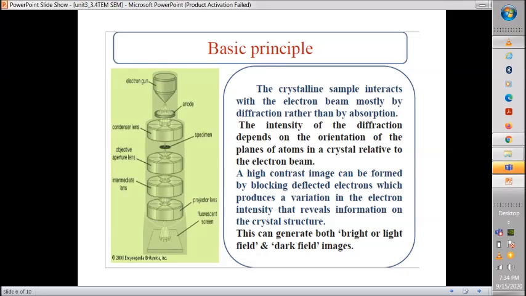And here we have the internal structure of the transmission electron microscope, where the electron gun with anode arrangement, condenser lens, specimen, objective aperture lens, intermediate lens, projector lens, and fluorescent screen are arranged in this manner. The circular knobs are given so that, using them, we can adjust the amplitude and intensity of the signal, everything, using these lenses and apertures.